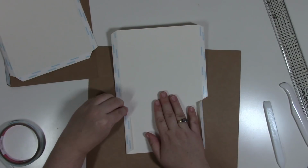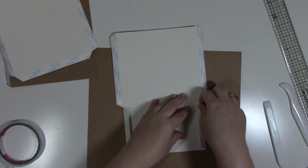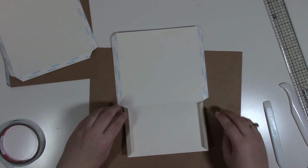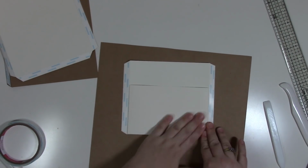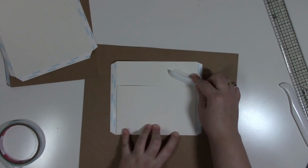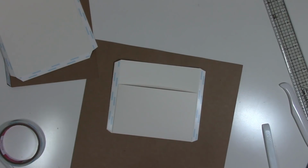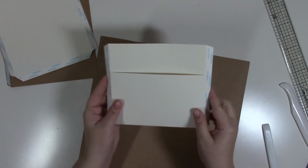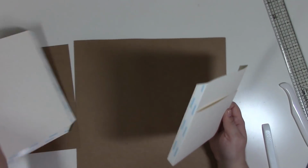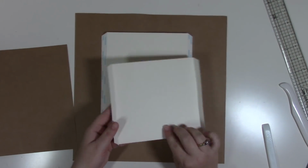So remove the tape. And fold. So that's one pocket right there. I'm going to take this guy, and before we attach, we need to put a piece of tape at the